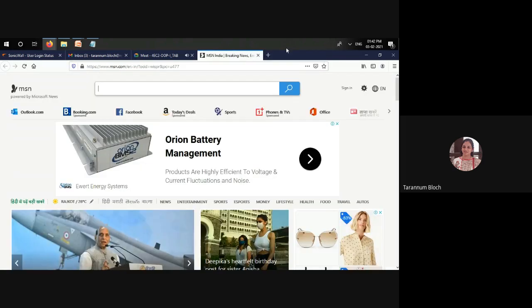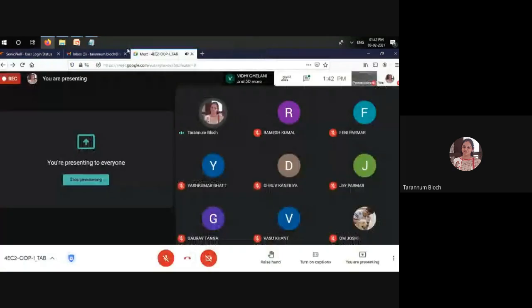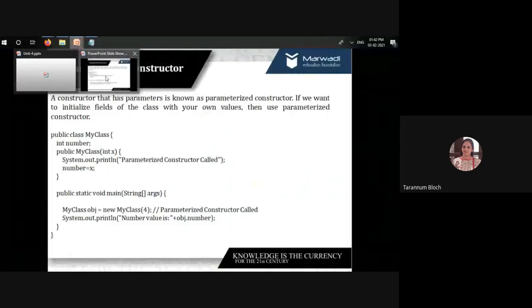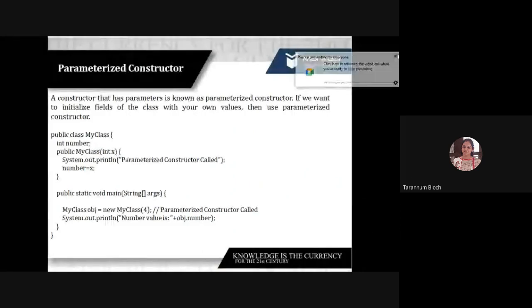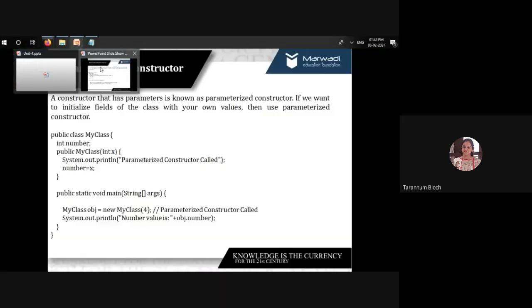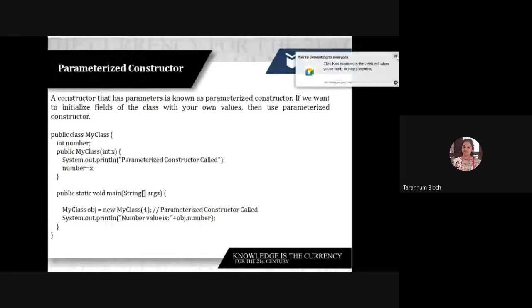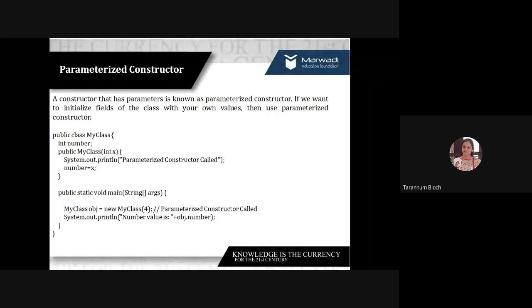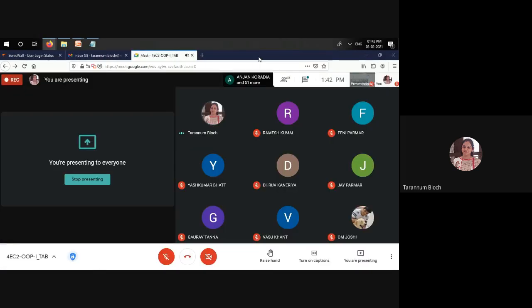I don't know what is happening. Whenever I click on the slide, it is opening the, okay, anyways. I'll not take the cursor over there, guys, kindly bear with that. What is happening?